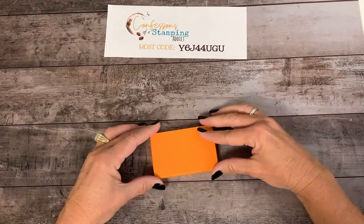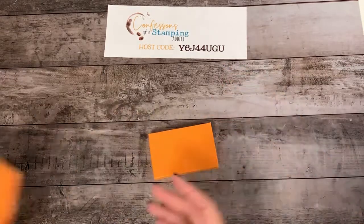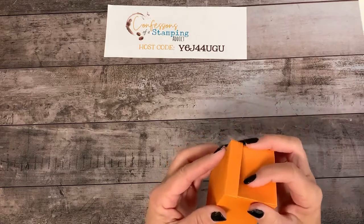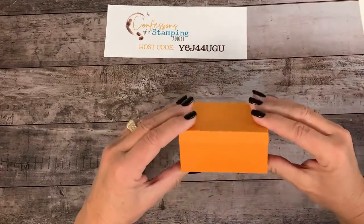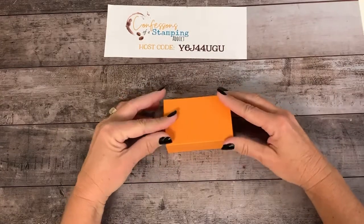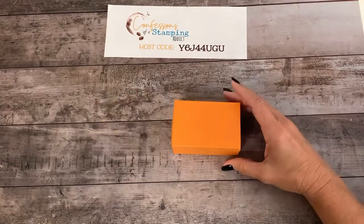All right, there's our lid, and now we're just going to put that on top. Have you guessed what brand this is yet? And it fits like a glove. It's perfect. All right, so this is going to be the size of a gift card,